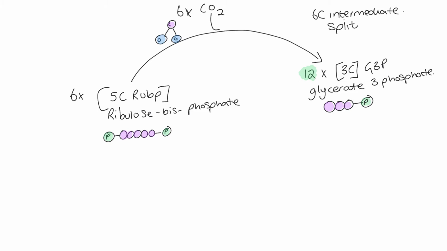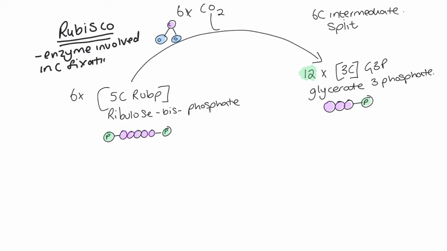This reaction is catalyzed by the enzyme Rubisco. Rubisco is involved in the first major step of carbon fixation, so in the process by which atmospheric carbon dioxide is converted into the first biological molecule of this process. Rubisco is probably the most abundant enzyme on Earth. So when we think about all these enzymes that exist, Rubisco is the most common